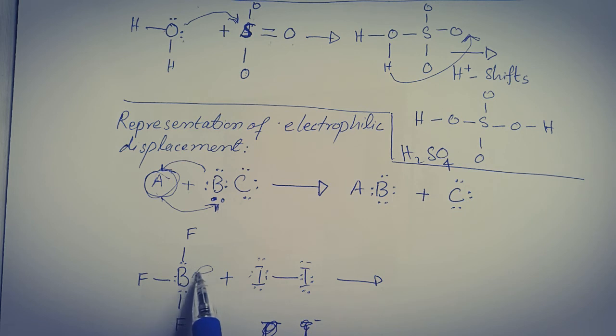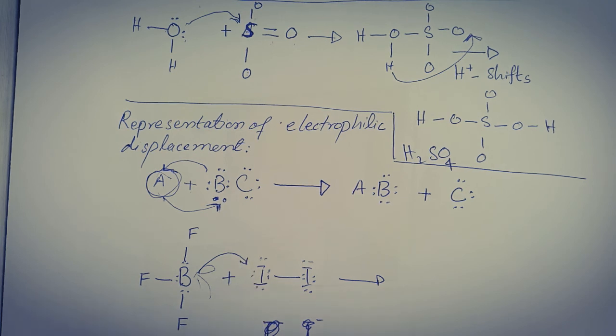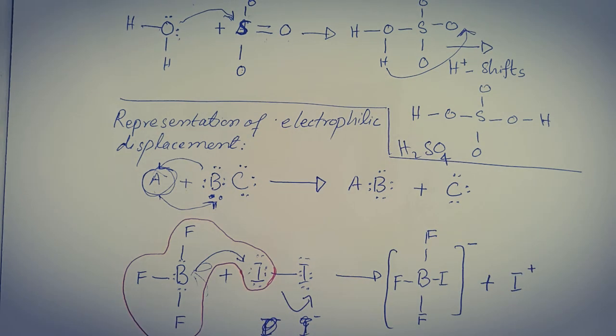So this electron deficient boron can attack iodine, so this kind of attack will be called electrophilic attack, and the substitution would be observed if these two iodides would add to boron trifluoride, but here one iodide is being displaced